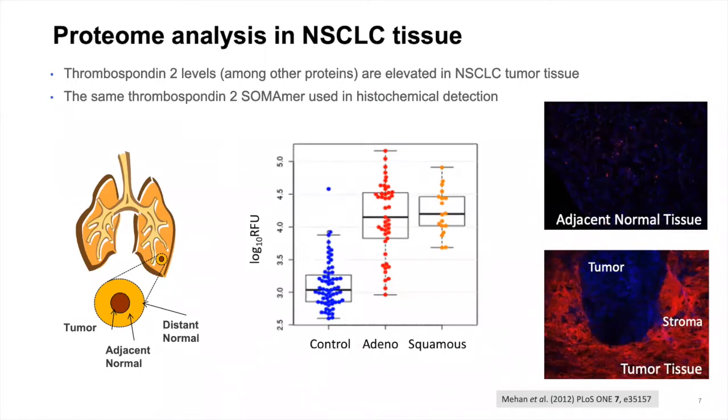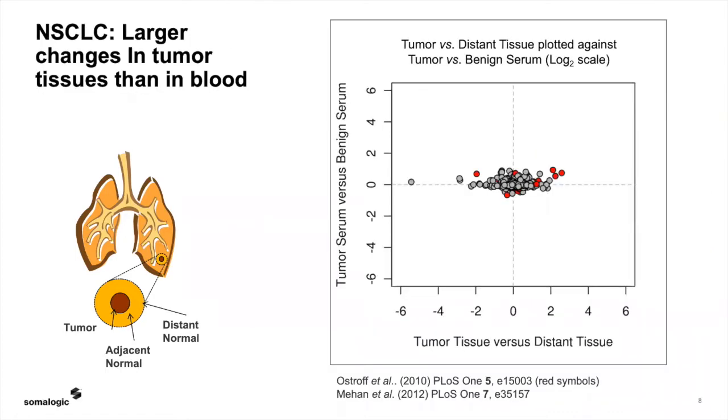And so coming back to lung cancer, one study we did a few years ago involved resections of non-small cell lung carcinoma from patients, and then taking samples from the tumor tissue itself and comparing it to the proteomic composition of the uninvolved normal lung tissue. And what we see is that some proteins go up, some proteins go down. Taking one example here, thrombospondin 2, we see it dramatically elevated in the lung cancer tissue itself. Of course, in this kind of experiment, you take a tissue and you grind it up and you lose track of where all the proteins are in that tissue. But after the fact, you can take one and the same affinity reagent and stain the tissue to find out where that original sample was, which in this case is in a tumor stroma, but is absent in a normal tissue. So if we go to the next slide,